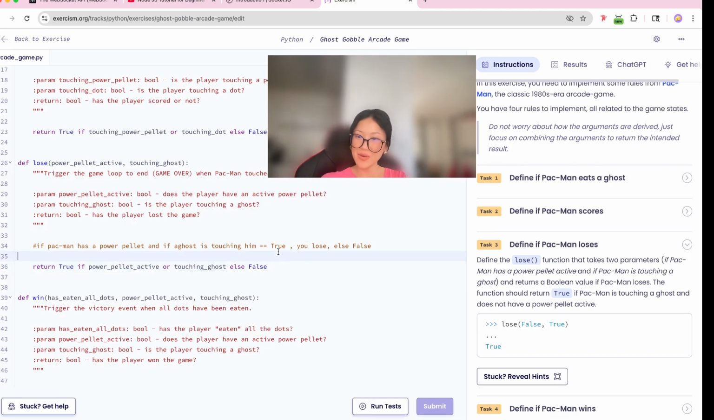Okay, so if the Pac-Man is touching ghosts and does not have